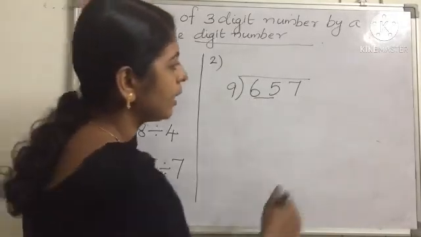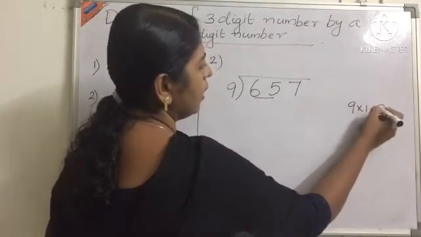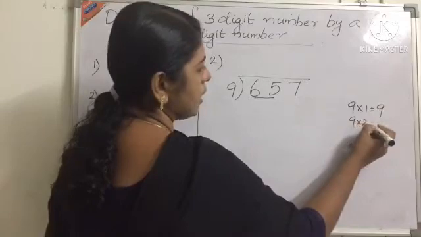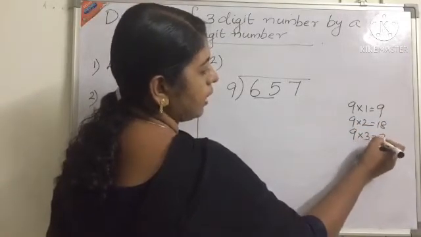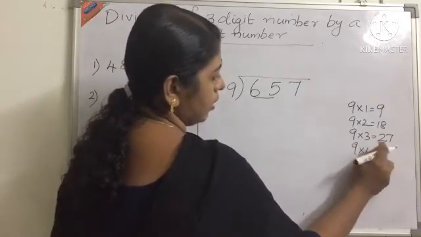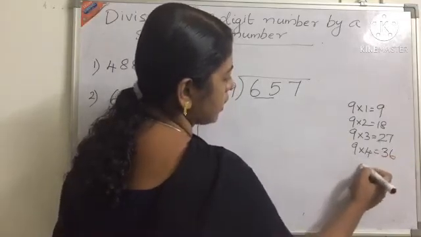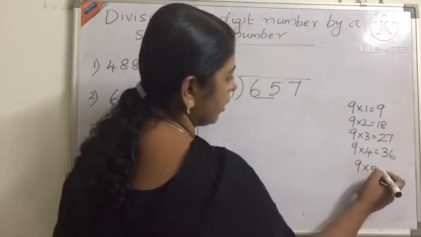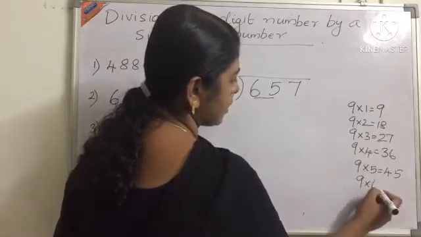So we can write the table inside. 9 ones are 9, 9 twos are 18, 9 threes are 27, 9 fours are 36, 9 fives are 45, then 9 sixes are